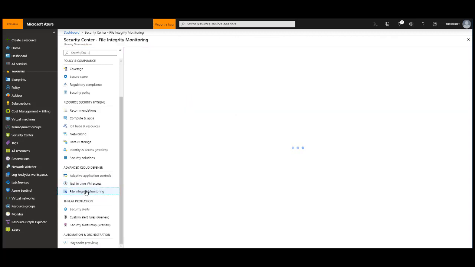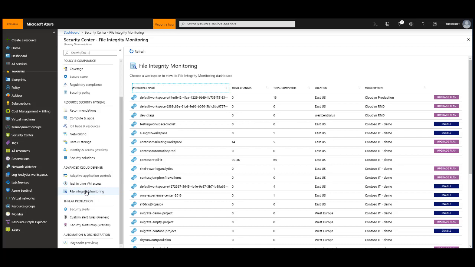File integrity monitoring, I'll cover this quick because this is really neat. This allows you to track anomalies or changes to your files, so modifications, adds, deletes, things like that. Some people would think you could detect ransomware with this. Yeah, but it's really more of a basic type of detection, and it's also reactive. So there are a lot of third-party products out there that do a much better job at it, that do it on-prem and in the cloud, and they do it with a deeper neural type of machine learning rather than the higher level. So I would highly recommend that you look at those, but this is kind of cool because